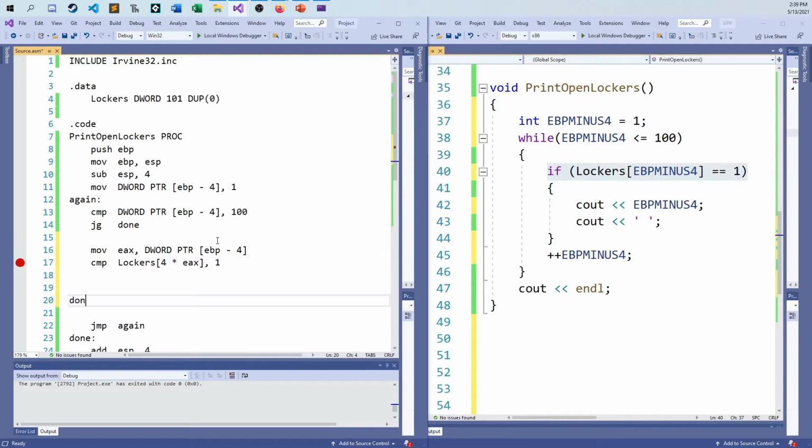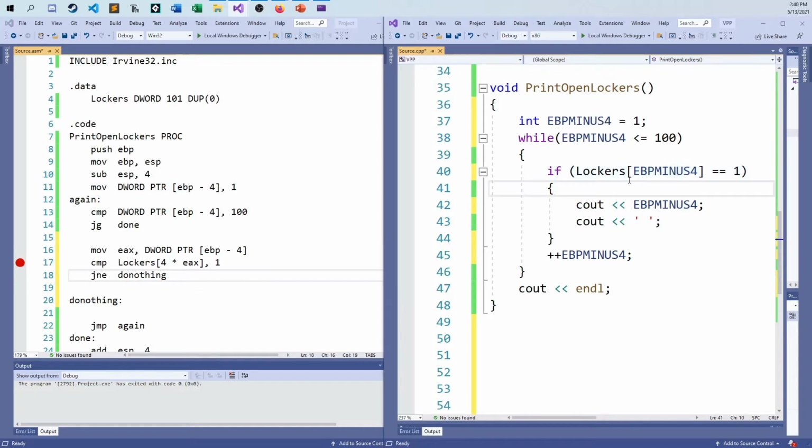And I'm going to call this do nothing. Here is my move, here is my compare, and I do nothing if they're not equal. Correct? So I say, okay, compare. Go to this memory, get me the value, go to that memory location, compare it to 1. If this is not equal, I don't want to do this, and I'm going to come around and do nothing before I jump back. But if I fall through this, then yes, they are equal, and I'm going to go